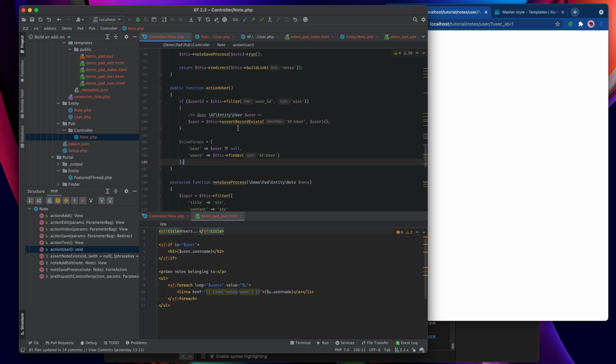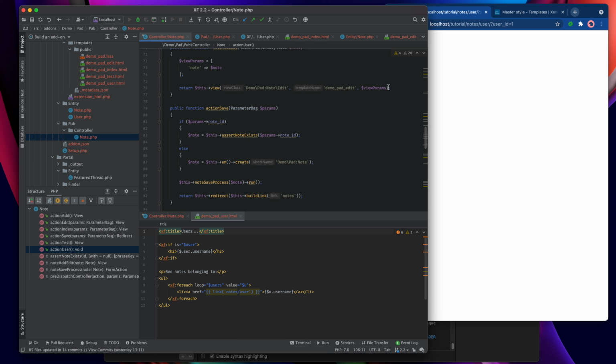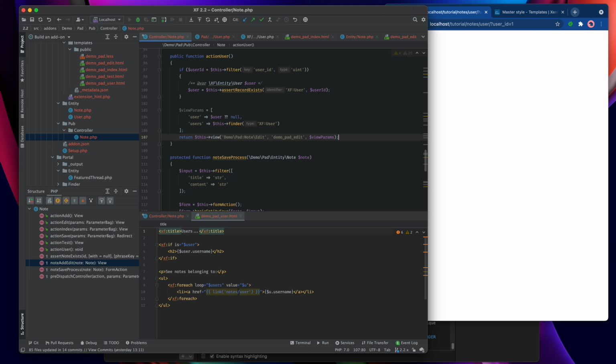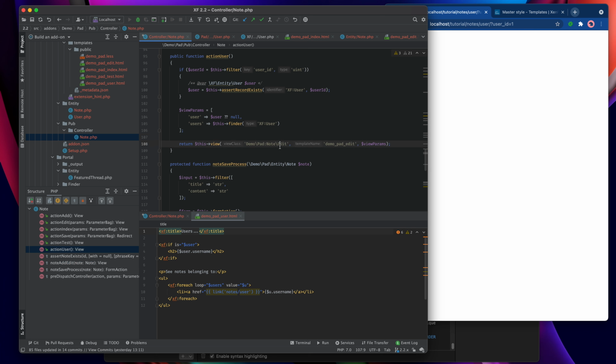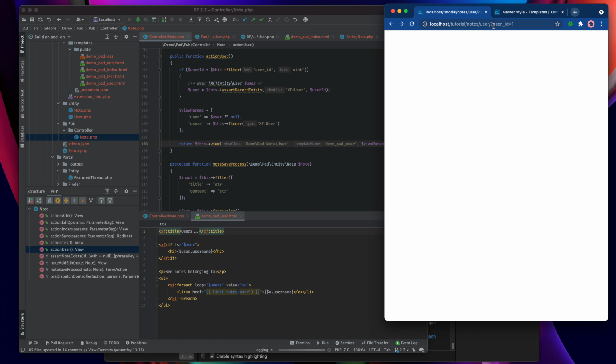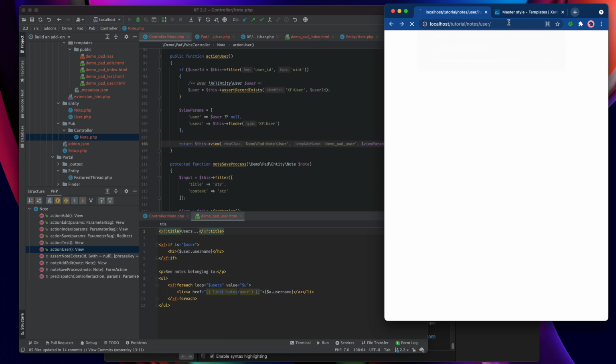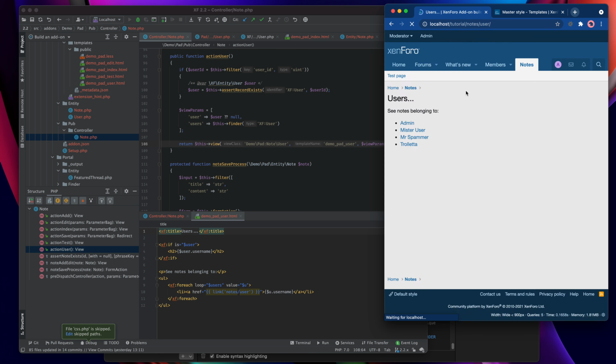So then I just need to return a view. So let's just go and grab one of those. Stick it in there, and we're going to call this note user, give it demo pad user here, and then we can turn up at the front end, get rid of that user ID parameter, and hopefully this will come up.